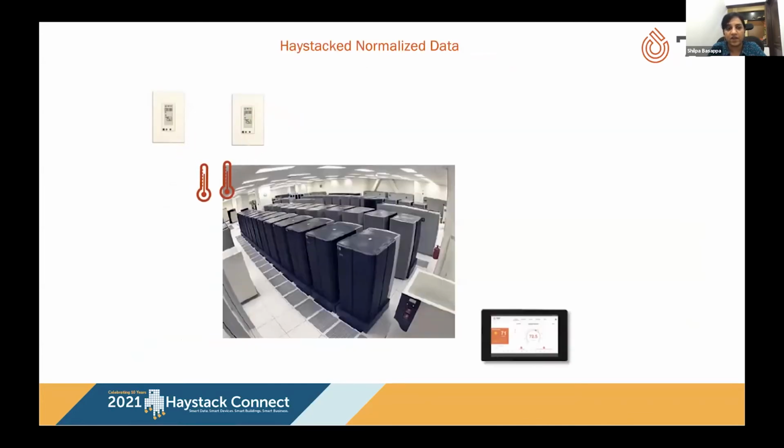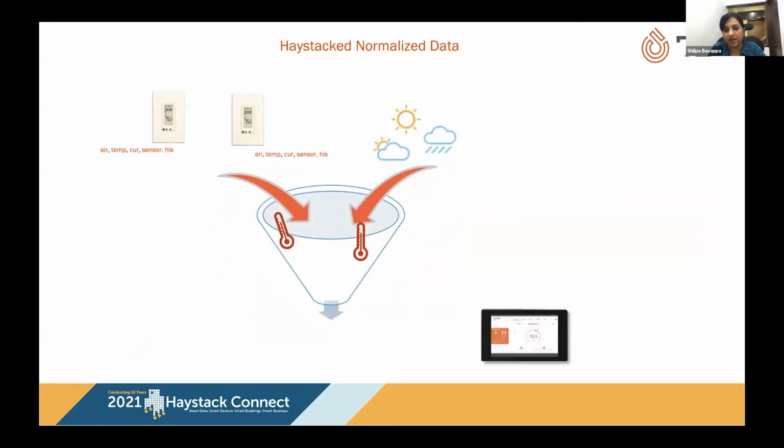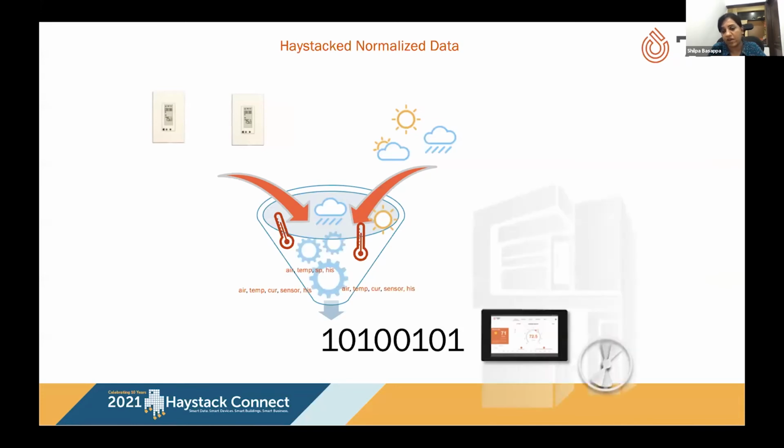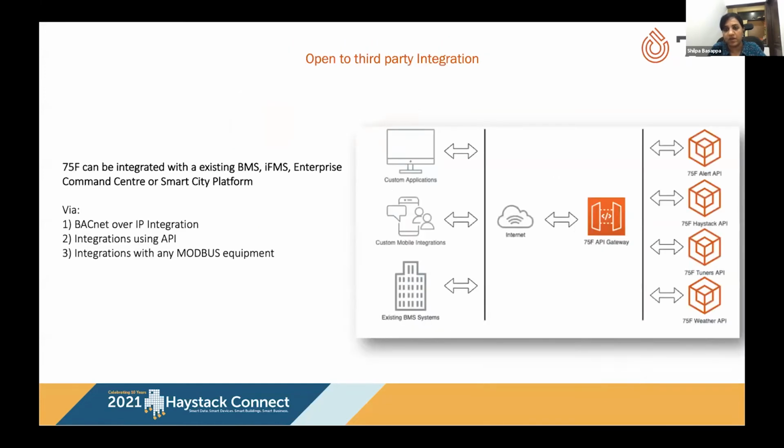So how do we do this? We have all the data coming in from our sensors. Once it has come in, we have Haystack data formats that it is written in. It's all written into the cloud along with weather data. Once all of these are put together, we have our smart algorithms that keep churning, with all smart decisions being made. Once all these tag data are written, they are sent into our controller and all the equipment in the building is controlled.